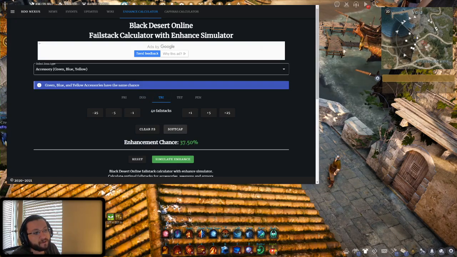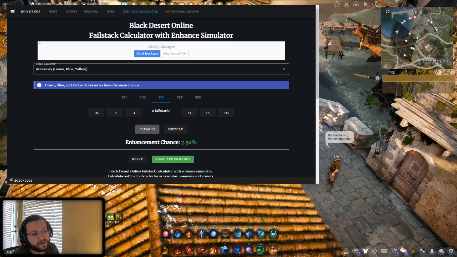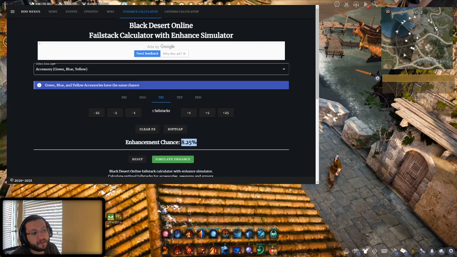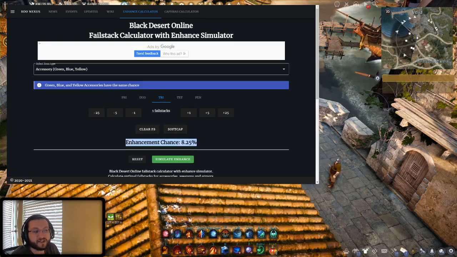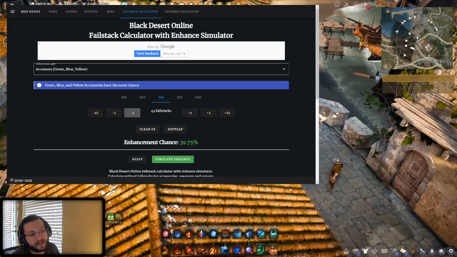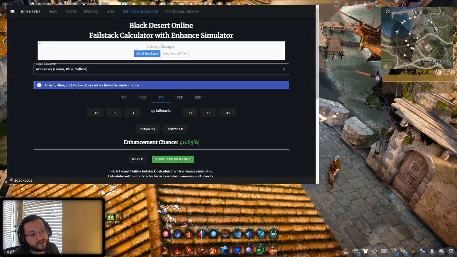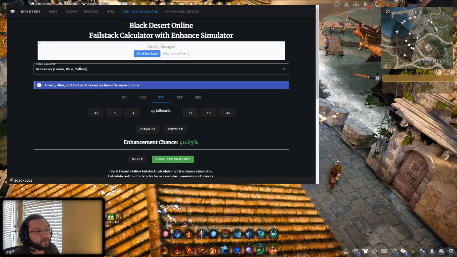It is going to end up being 44 fail stacks. So same pattern. You'll see it, 7.5% base enhancement chance. Every level is going to give us 0.75% chance, which is 10% of the original amount. And then with the soft cap, exact same pattern. We have that really big last level here. And then after that, they just give you a small chunk of that, 1/5 of what they give you before